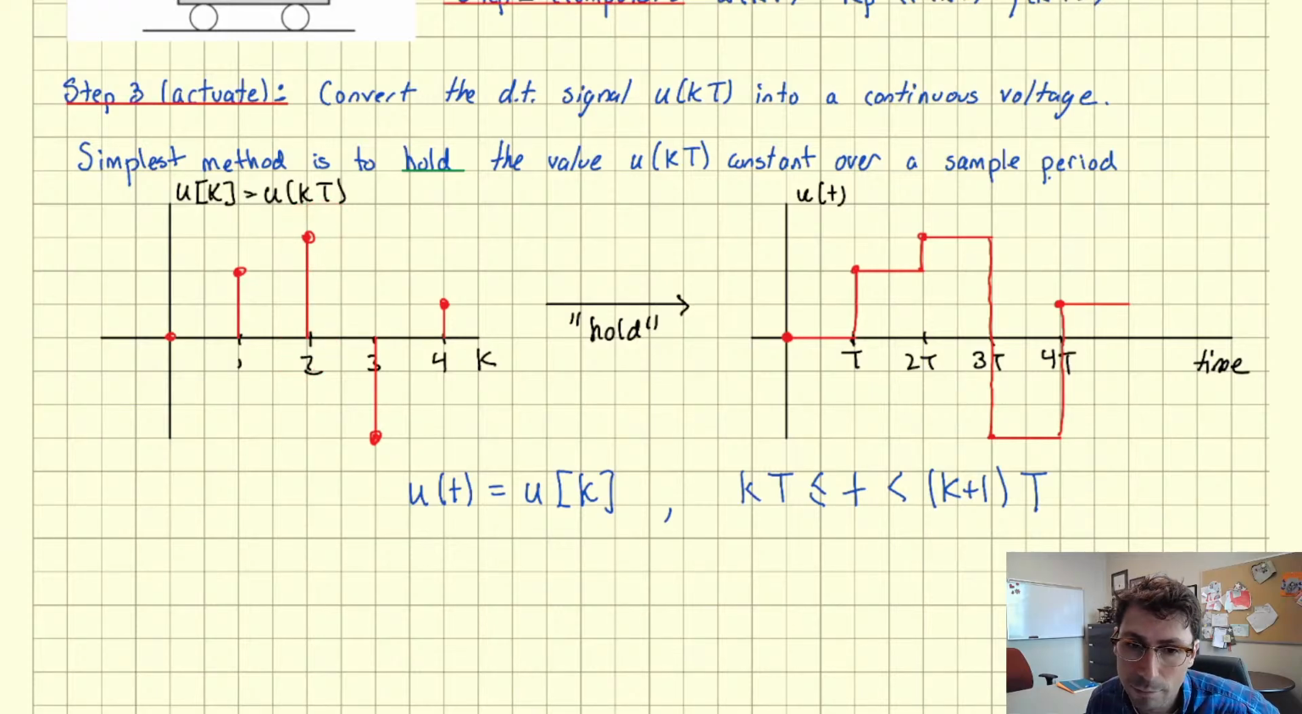And so what our simple model of a D to A is going to do is hold those values constant over a period. And when we do that, we now get a continuous time signal here on the right. So notice now that the independent variable is time, and now our control signal is continuous. It's a continuous time signal, defined for all values of